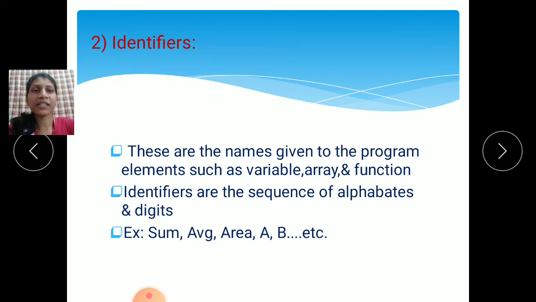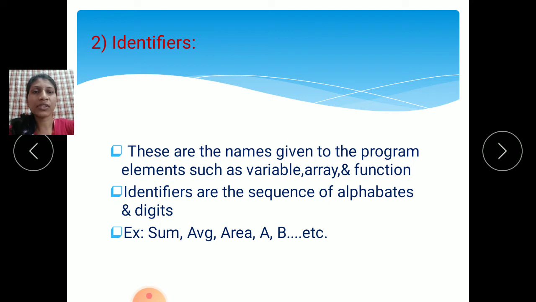Then identifiers are a sequence of alphabets and digits. For example, sum. It has a sequence of alphabets. In sum there are 3 alphabets, S, U, M. So a sequence of alphabets is called an identifier, or we can call it a string.